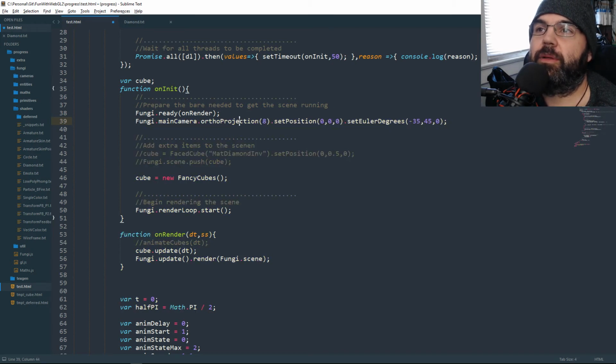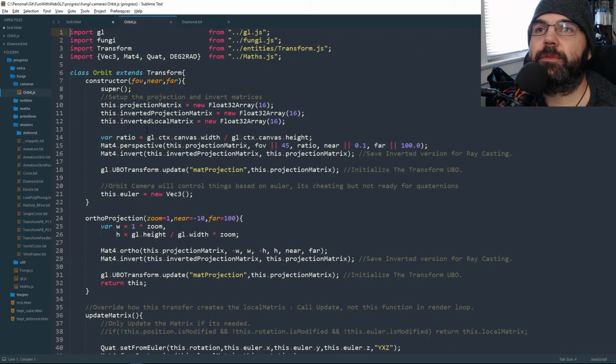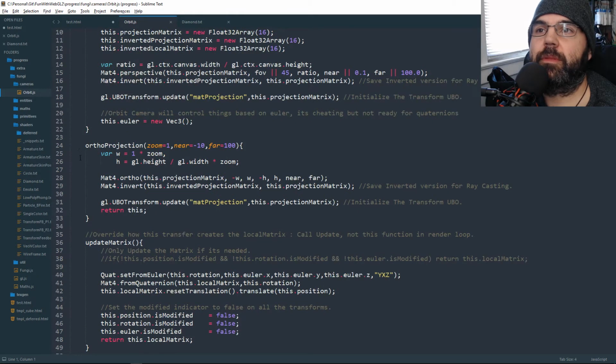And here you go, orthographic projection, 8. 8 is a scale. Let me see. Let me go to the cameras. I probably should have this open. Now,